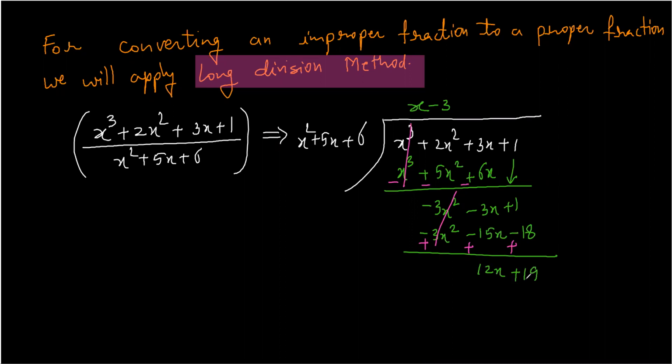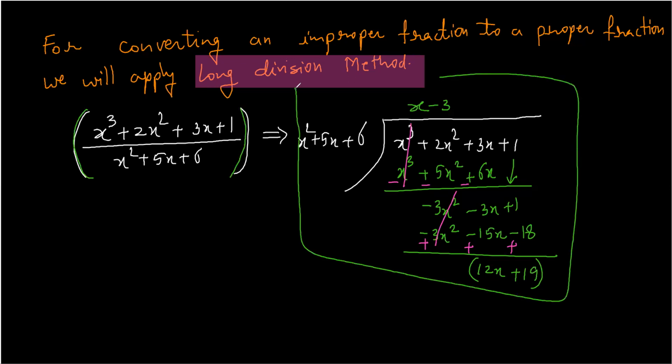Now notice, here you have x power 1 and here you have x power 2. So you will not divide anymore. No division anymore. Remember, no division anymore. That's it. So what will you do? You will now write this. You had this thing which you solved by applying the long division method. Now you can write this to be equal to,